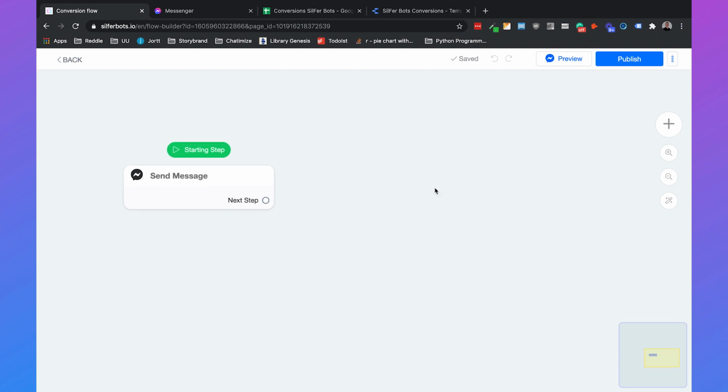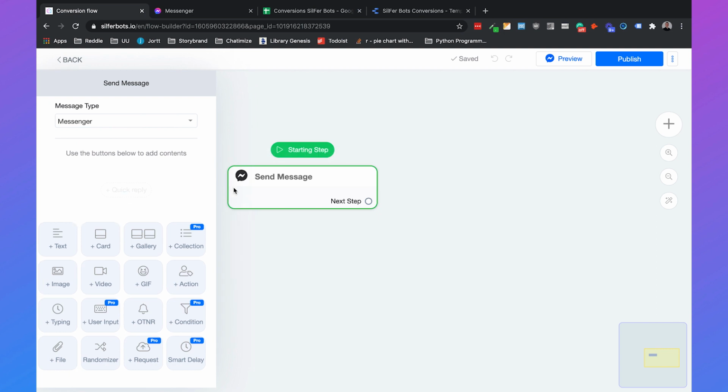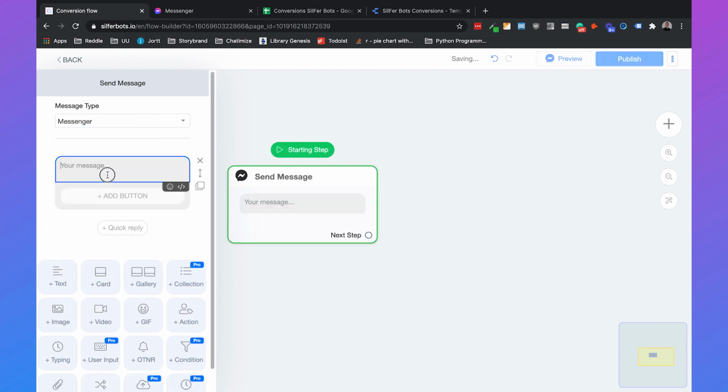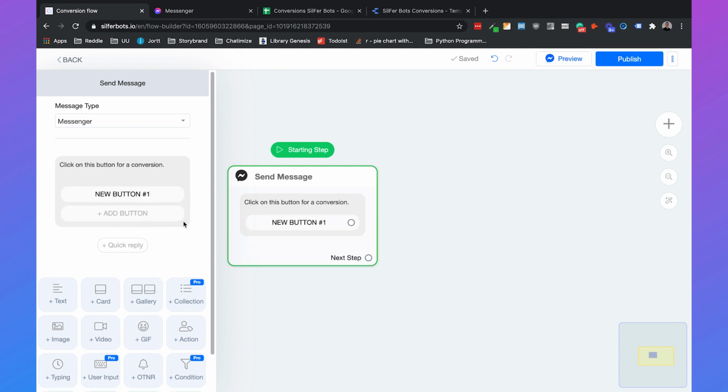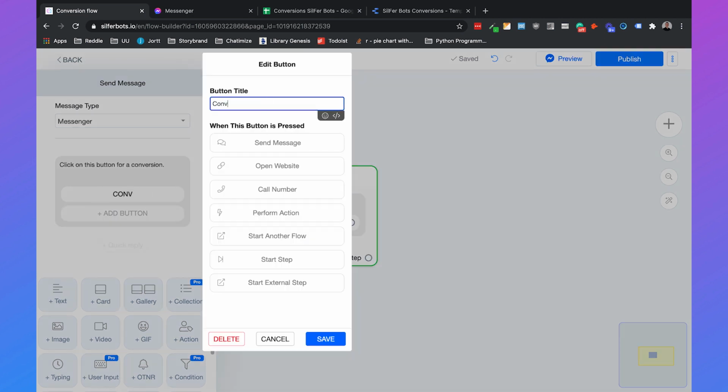What we're going to do is first send a simple message. We can click on it, add the text, and say click on this button for a conversion. If a user clicks on this button, a certain conversion is triggered. We will name this button just conversion 1,